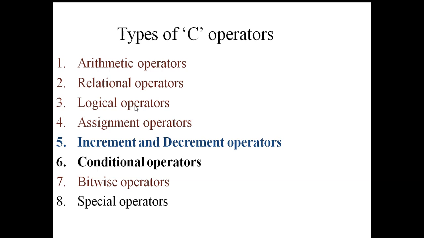We have logical operators, with operators like and, or, negation, exclusive or, and others. These express the logical relation of one operand with the other operand in terms of these logical operators. That's why they are called logical operators. And we have the fourth category, assignment operators, where they mainly use the assignment operator in combination with the other operators. That's why they are called assignment operators.